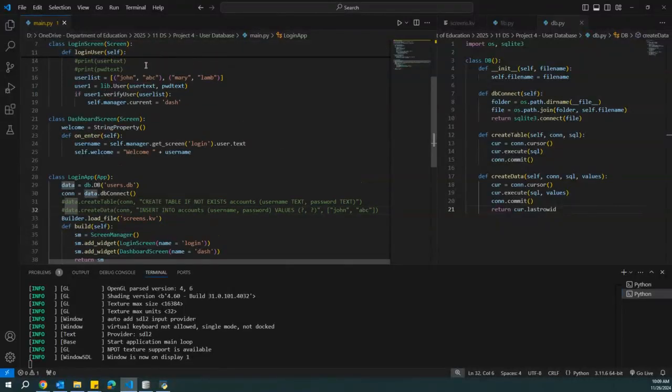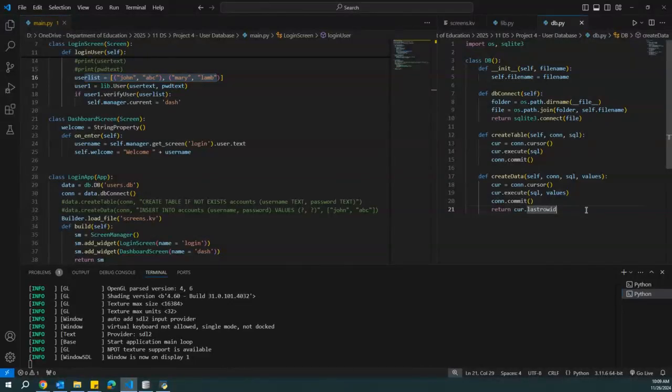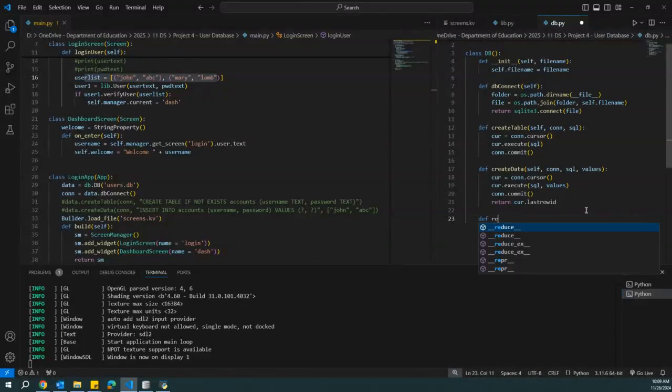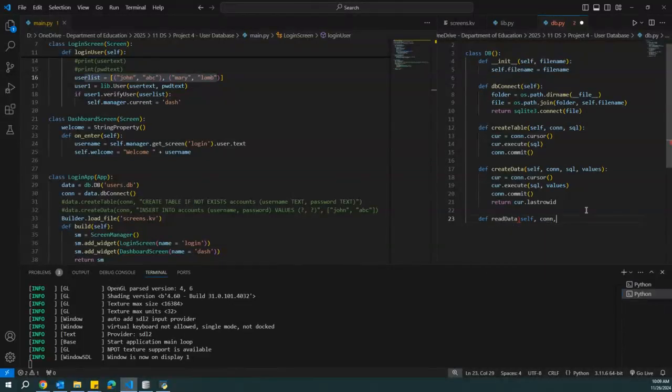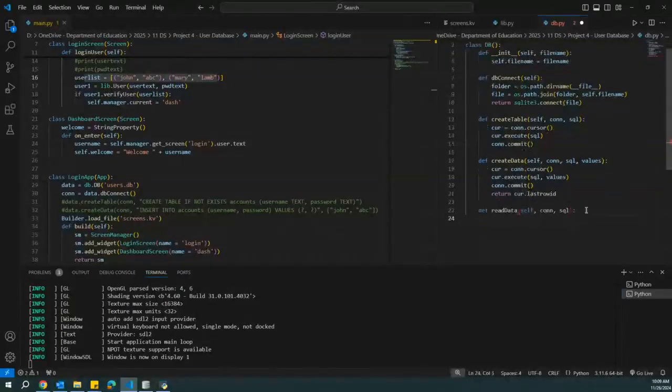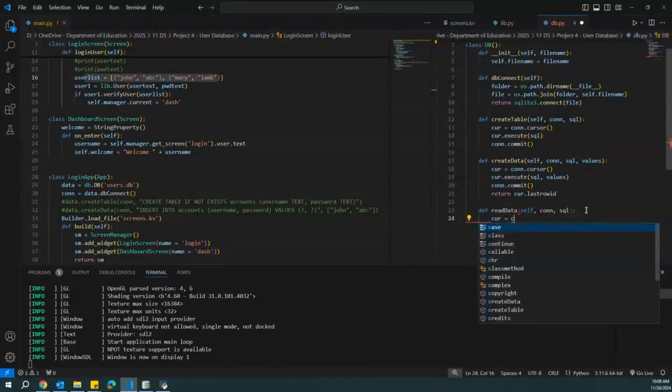But I guess in order to be able to generate the user list, we need to return the data from the database. So this is reading the data. In this case, we're going to read data. So again, we have a connection. We have an SQL that we're going to write. It follows the same process. So we connect to the cursor